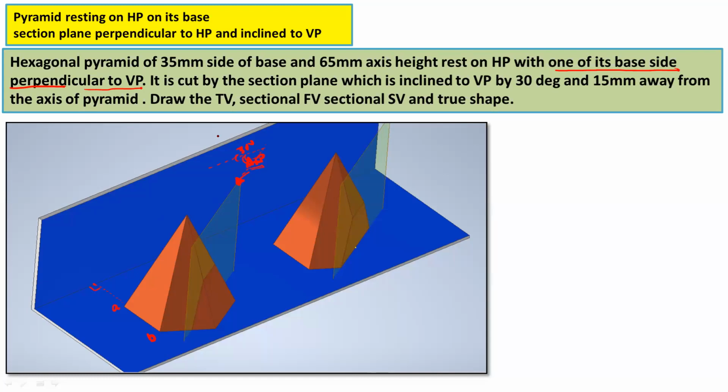This 30 degree angle is visible in the top view. So in the top view, you have to show this section plane by a straight line, which is inclined at 30 degrees with the vertical plane. Okay. And at the same time, that line is 15 mm away from the axis of the pyramid.